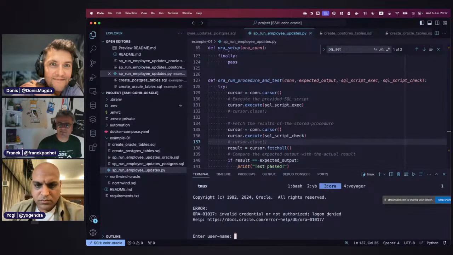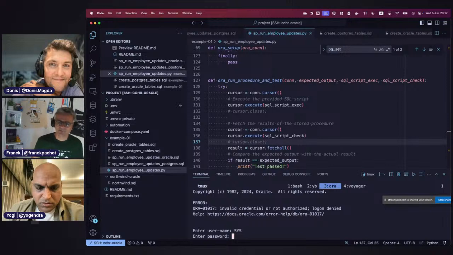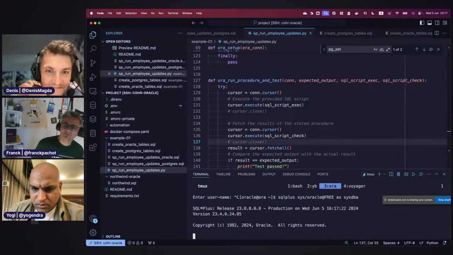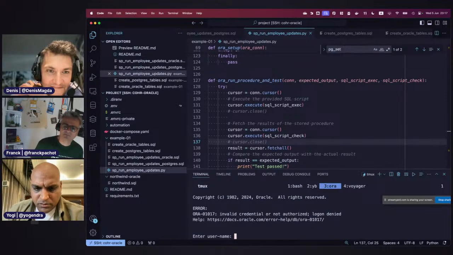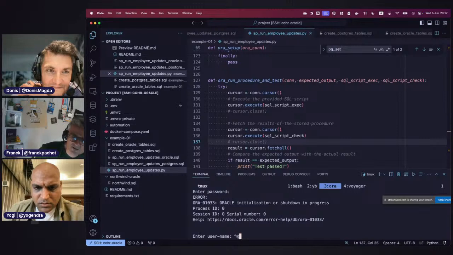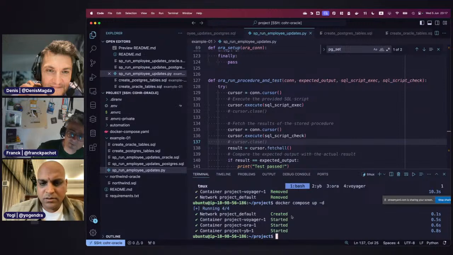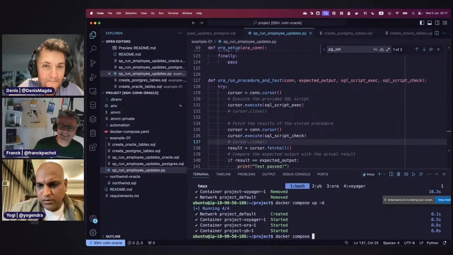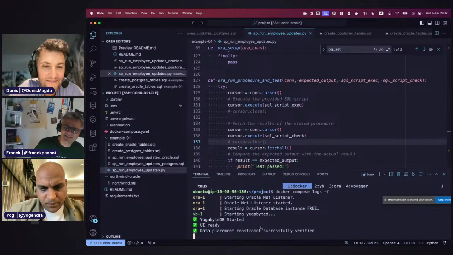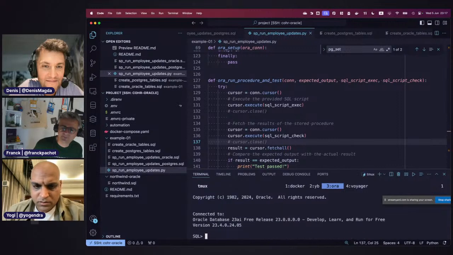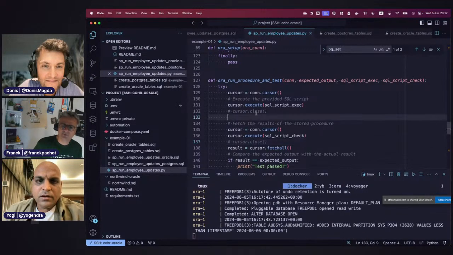Okay. Sys. That should just connect me, right? Sys, sysdba. Then, no, I think it's still initializing. Maybe it's still initializing. Probably, Oracle is quite long to start. Sorry, logs -f. Okay, now it got done. Voila. Okay, this is fine.